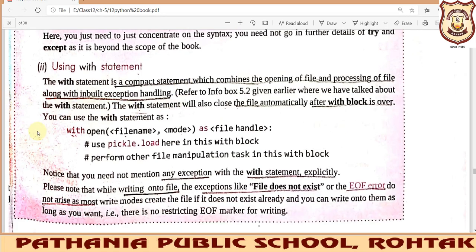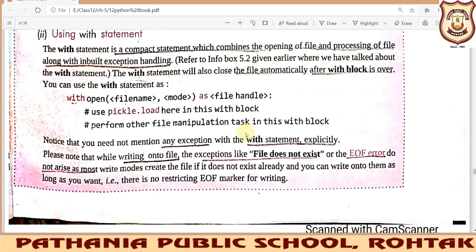The with statement helps us open a file in a particular mode, and it uses the keyword as followed by a file handle. The main thing is that whenever you are using the with statement, you are not supposed to close the file using the close function. It will be automatically closed.